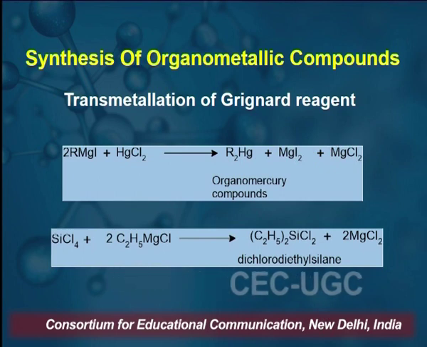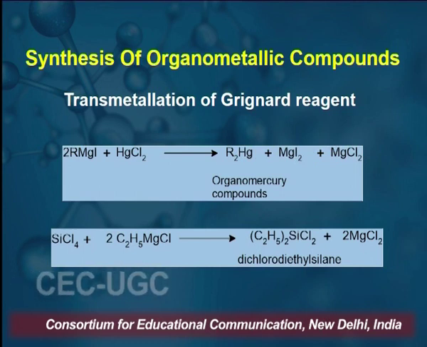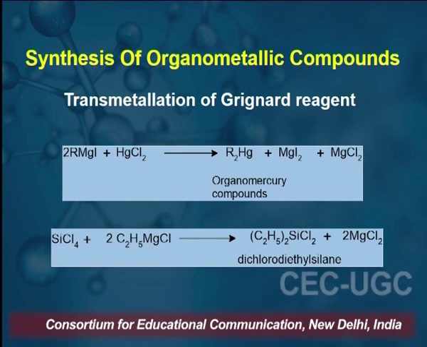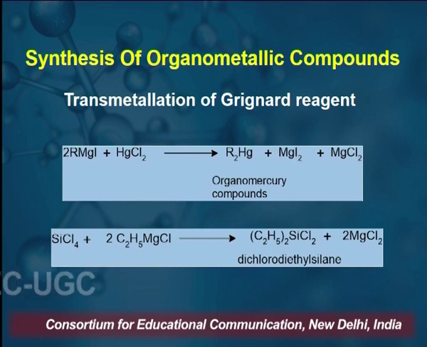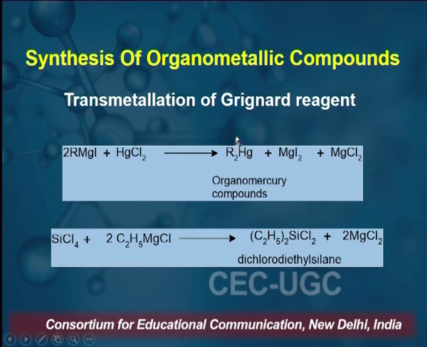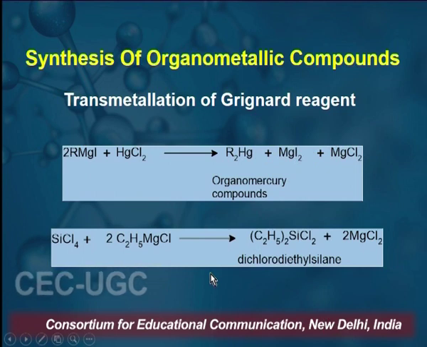Now, these types of organomercury compounds normally find use in industry and as a powerful bactericide, etc., but they are not used much because of their high toxicity. But this gives an excellent route for the synthesis of organomercury compounds. Now, another very important reaction is the preparation of